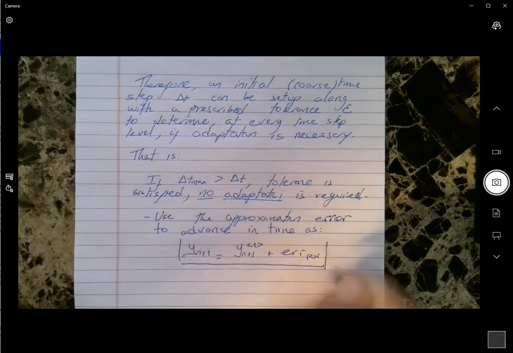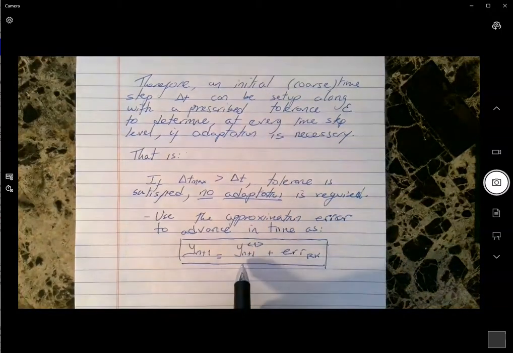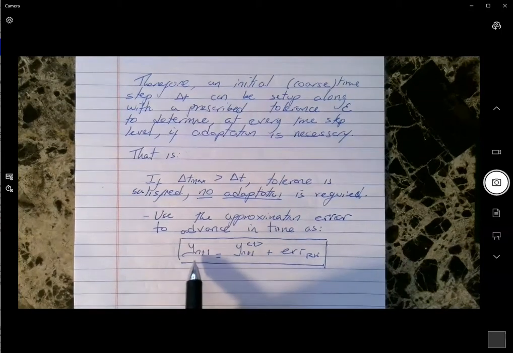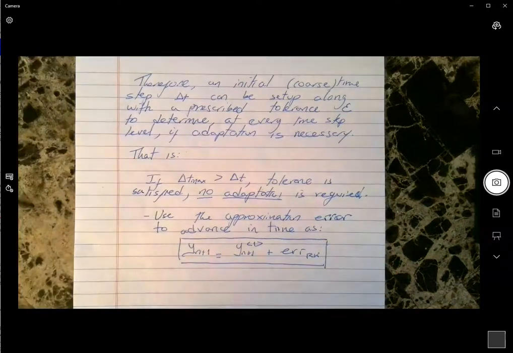So remember, I calculated two approximations on the next time value. Yn plus 1, 1, method number 1, 1 full time step, and yn plus 1, 2, 2 half time steps. So a combination of the two, given by this formula, will be the best approximation for the next time value. The other choice is,